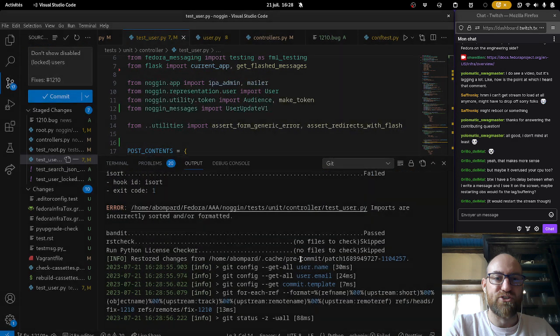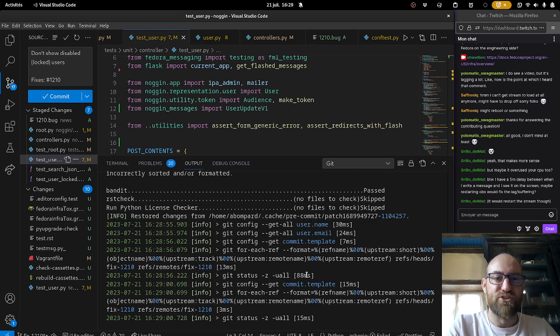Error again. Okay, so I think this might come from VS Code, because I'm currently in the process of switching from Flake8 as a linter, which is a very popular linter that everybody uses, to Ruff, which is a new linter that does a lot more than Flake8.